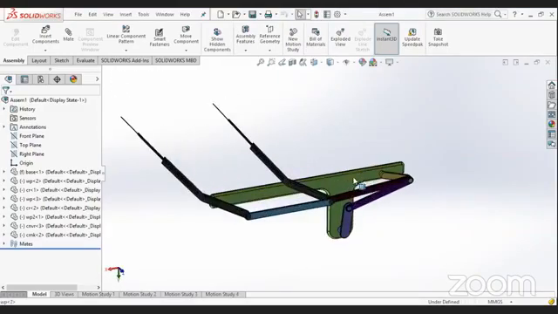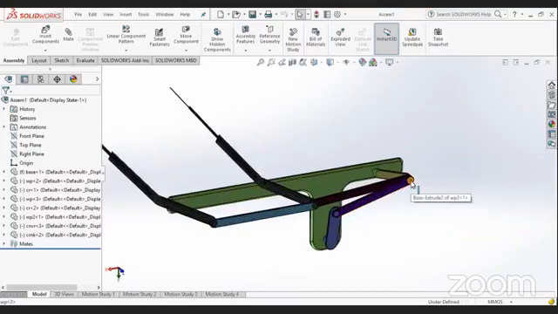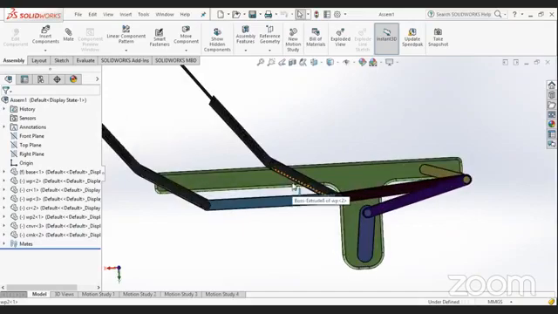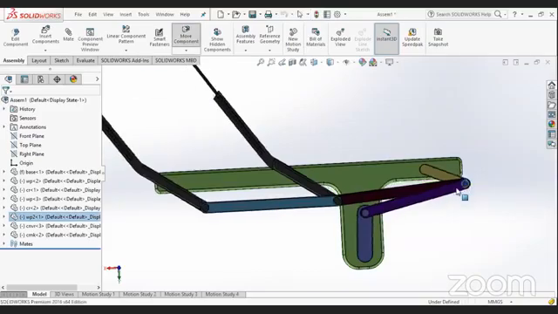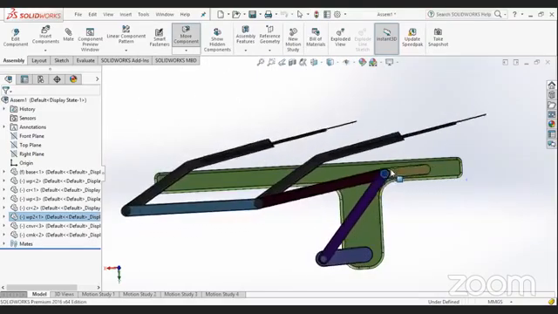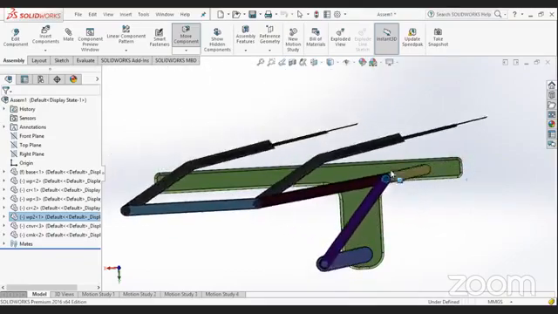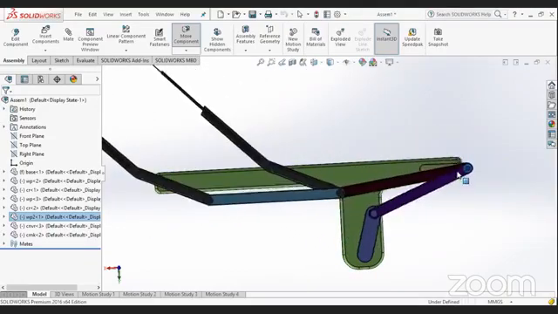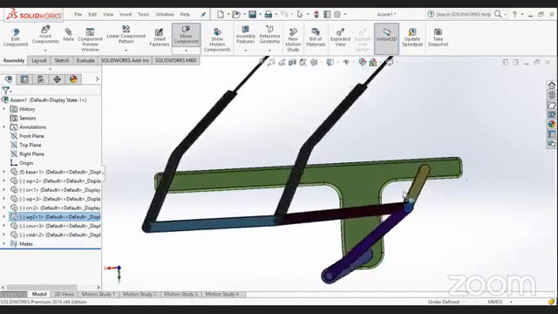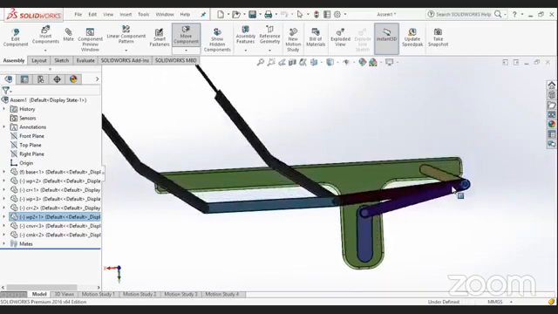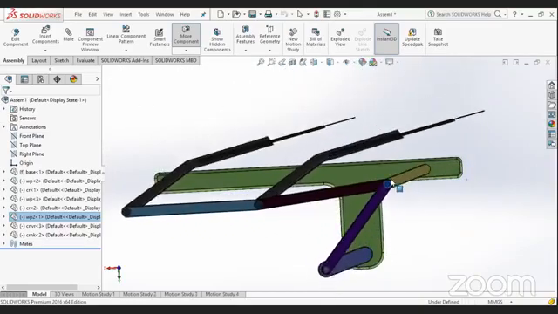Our objective for today's webinar is to understand the concept, how we create those parts, and how we assemble those parts to ultimately obtain the mechanism, right? This is the mechanism which we need to obtain. This one is the wiper mechanism of a front shield. This is how the wiper works. There are n number of modes in which you can develop such a mechanism, but this is one of the techniques in which you can obtain it.